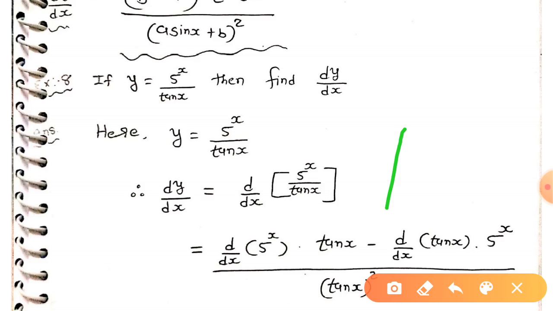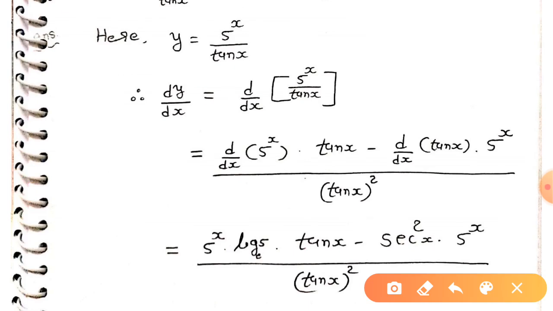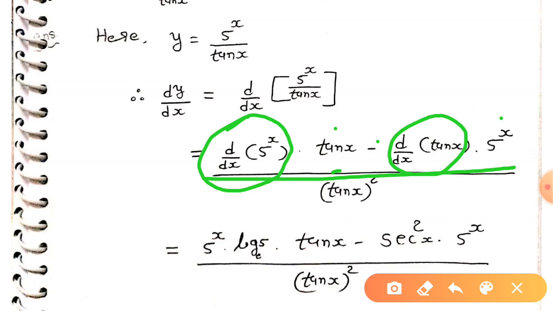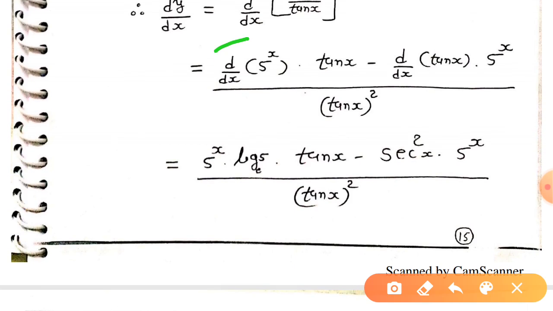What is the formula? Says that take the differentiation of the numerator, denominator as it is, put the minus sign. Take the differentiation of the denominator, put the numerator as it is, take the denominator square. Okay, take them easy. What is the differentiation of the 5 raised to x? ફોર્મ્યુલા આવડતી હોય તો એક્ઝામ્પલ આવડશે, બાકી ઝૂલે ઝૂલે સારી લાગશે. ઓકે, 5 raised to x into log 5, tan x as it is.